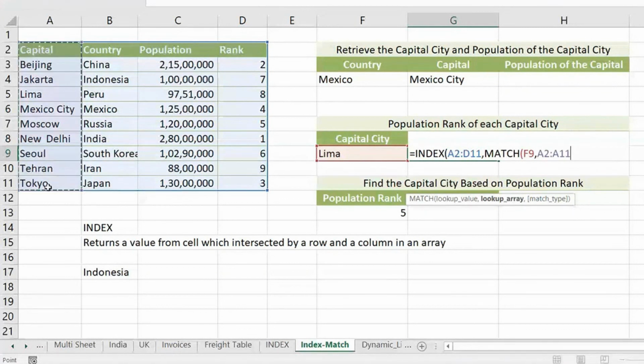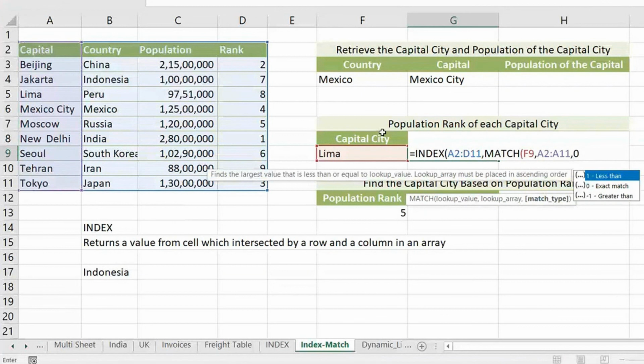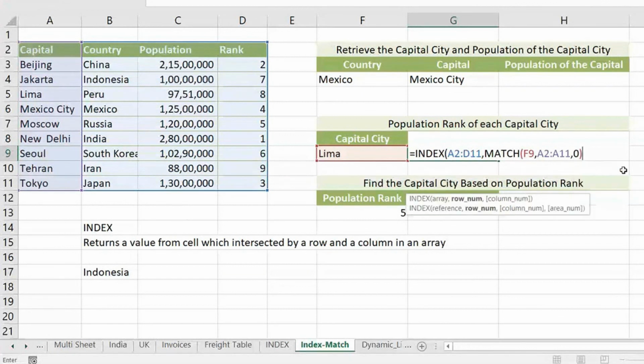That is the logic you have to understand here. Comma, 0. Just a single column. That is important here. And then 0. Then close the bracket. Then what is it that we have to retrieve? Population rank. Population rank is what I have to retrieve. So guys, where is population rank in my table? 4. That's it. So I put that column number.